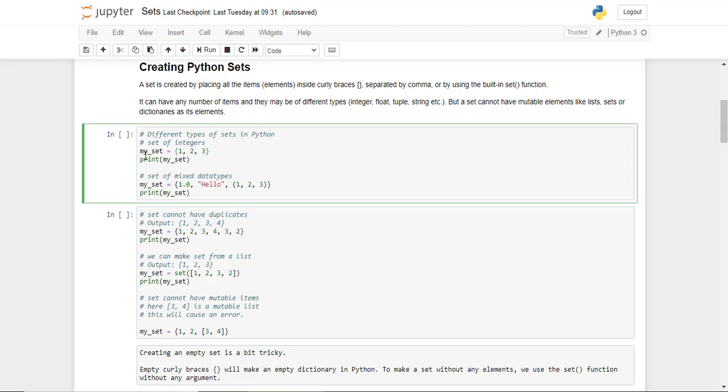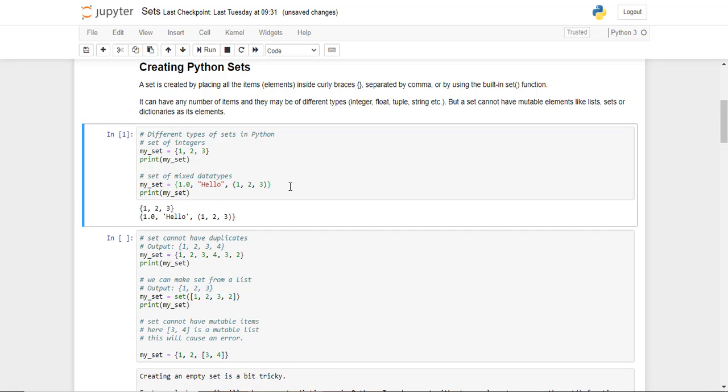So this is the simplest way to create a set, and sets can have mixed data types. As you can see, you can have an integer, a string. This is allowed because it's a tuple, and as you know, tuples are immutable, as are strings. Let's run this and see. So the code works without any error, and that means that Python has accepted the arguments we gave it to